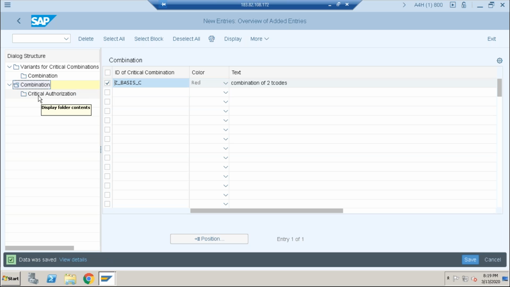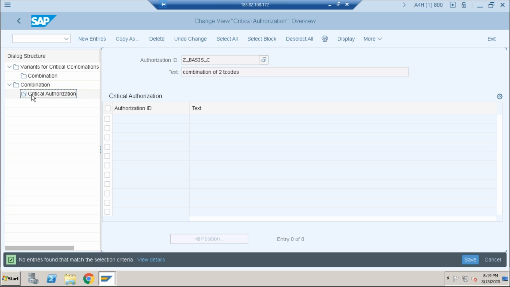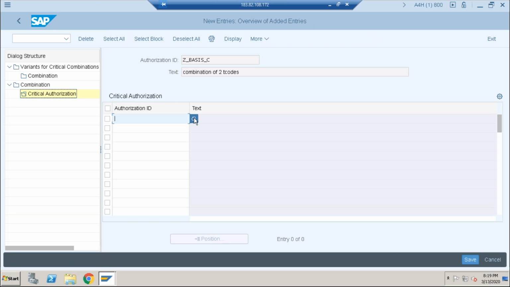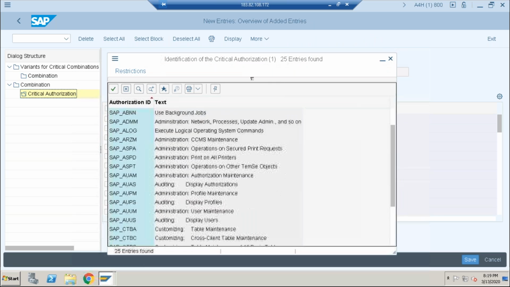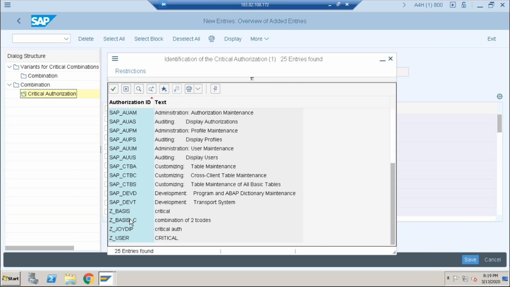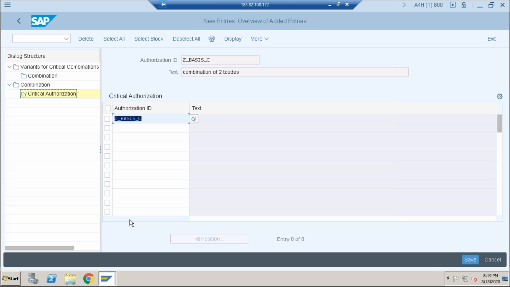Critical object. Select critical authorization. Click on new entries. Now add the authorization ID there. Enter.